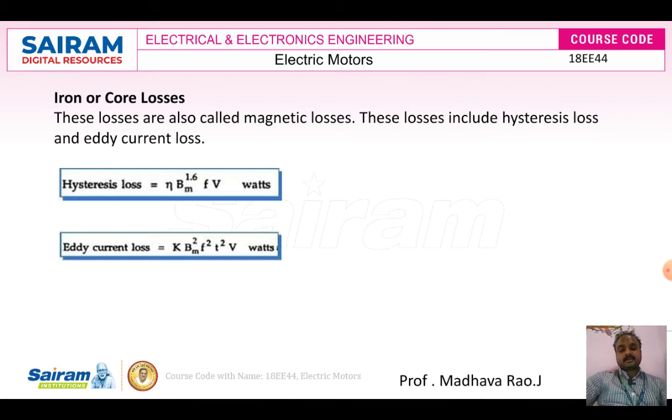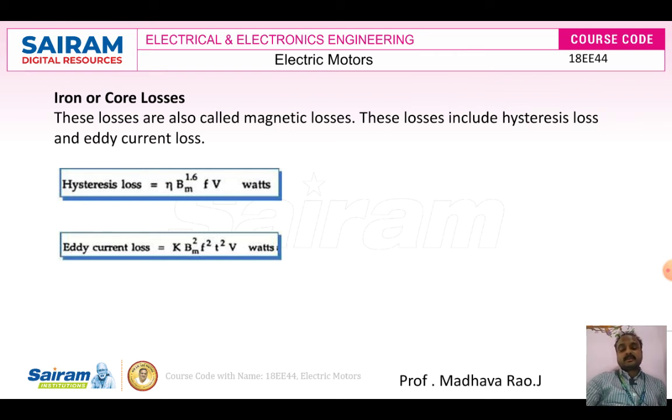Hysteresis losses are due to the reversal of magnetic flux, the reversing magnitudes of magnetic flux inside the DC machine. Eddy current losses are also produced due to alternating flux, the alternating field inside the machine. Eddy currents develop due to this alternating flux. To maintain the eddy currents, and to maintain the reversal of the magnetic molecules, we need some power. That power is wasted, dissipated in the form of heat. So this also comes under power loss.